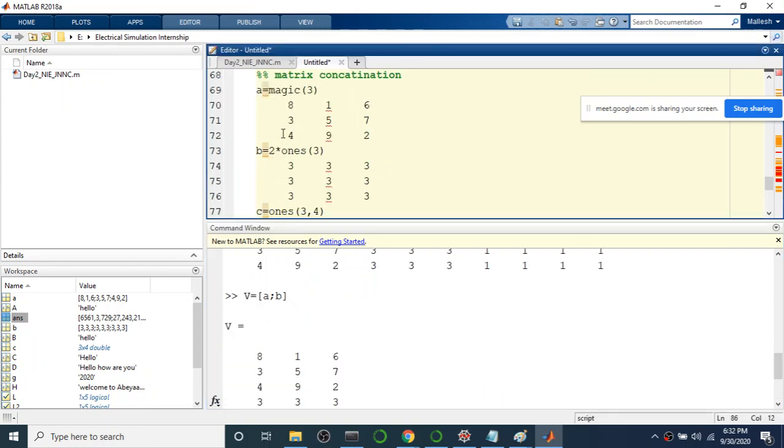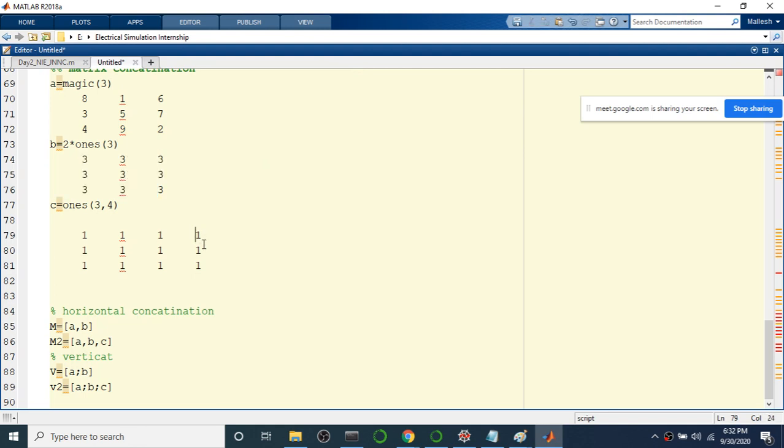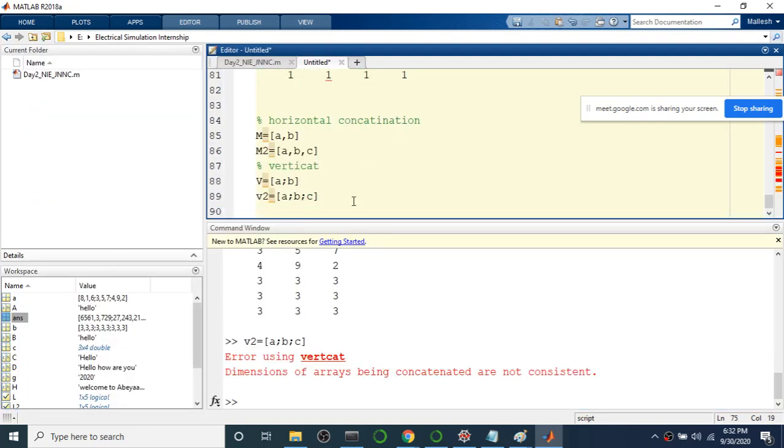This is possible for a and b because b can be easily kept below a. But when I try to keep c, what do I do with this one extra column? You cannot define the whole thing as one matrix. That's why, for vertical concatenation, we should have the same number of columns.